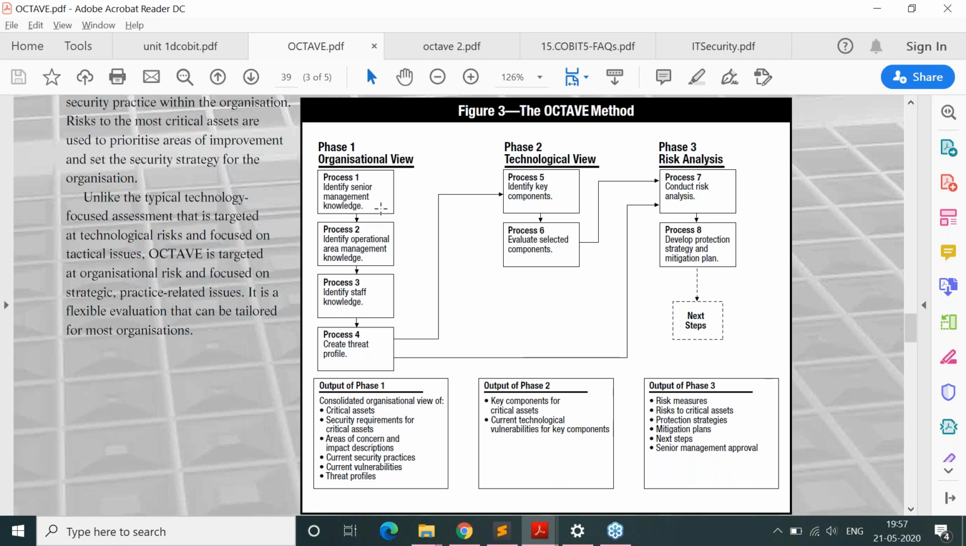So in this OCTAVE method, they first try to have an organizational view. They try to understand. Okay. After that, there is a second phase, understanding the technological view. तो ये तो वन व्यू हो गया। अब देख रहे हैं कि टेक्नोलॉजीज कौन सी है। प्रोसेस 5 कंसिस्ट ऑफ आइडेंटिफाइंग द की कंपोनेंट्स, एंड 6 कंसिस्ट ऑफ इवेल्युएट सिलेक्टेड कंपोनेंट्स। तो ये दोनों ना हैंड इन हैंड चलते हैं।